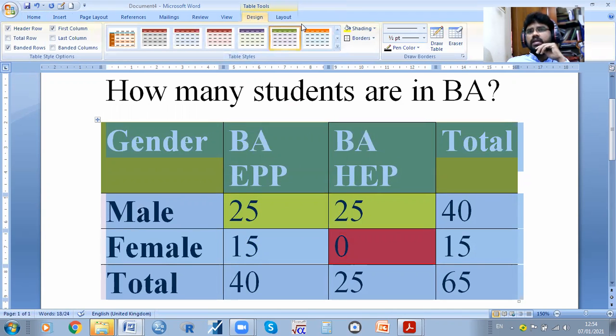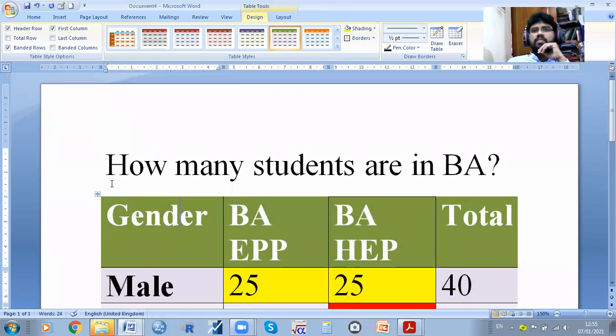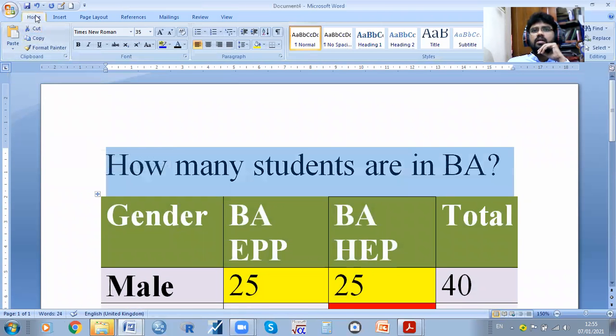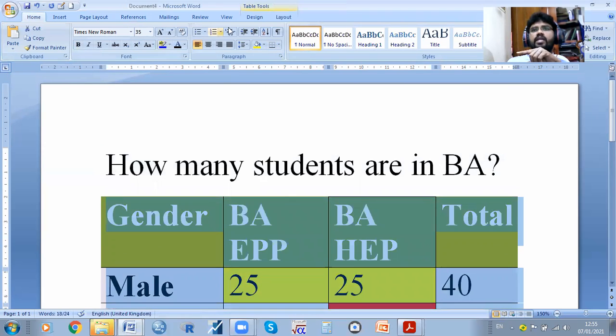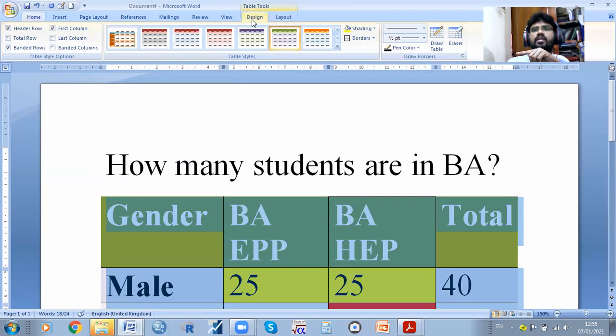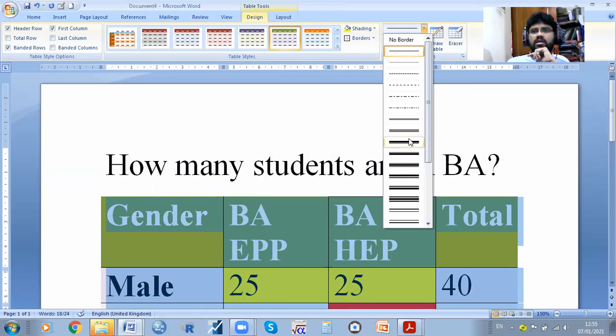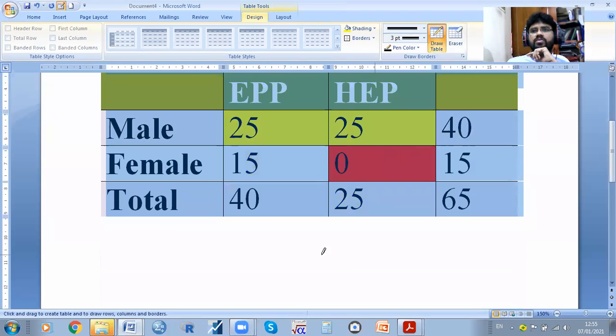in the design tab you will get some options. If you click that button, you will get some design options. Before that, you cannot get the design option. For example, see here, in the menu bar you cannot get the design. When you click that, if you want to design something about your table, you will click here. The symbol is over here. Click it, then you will get the design option. If you click the design, it will show some borders also.